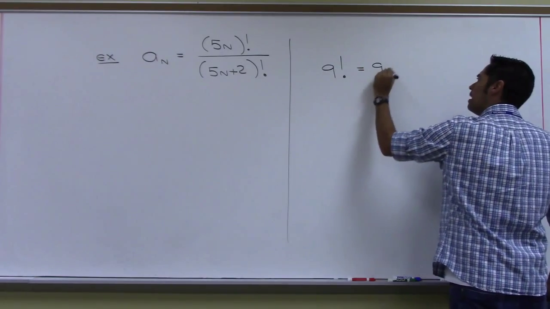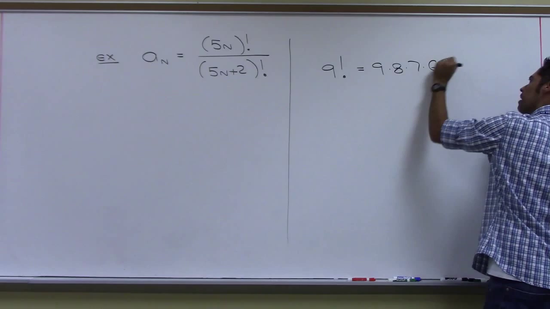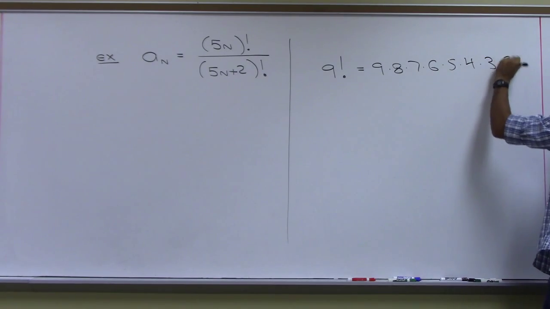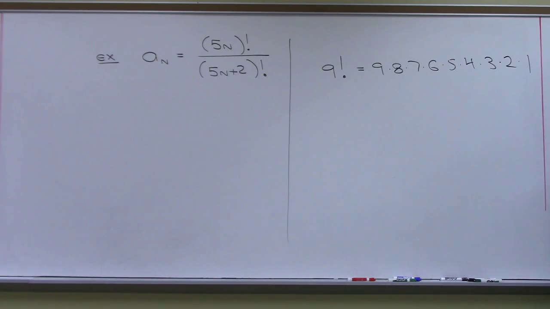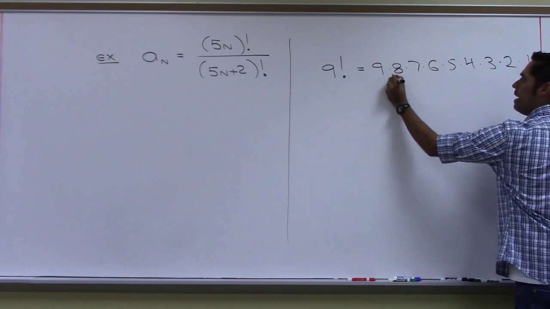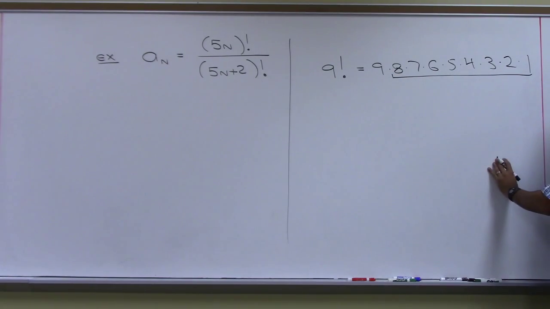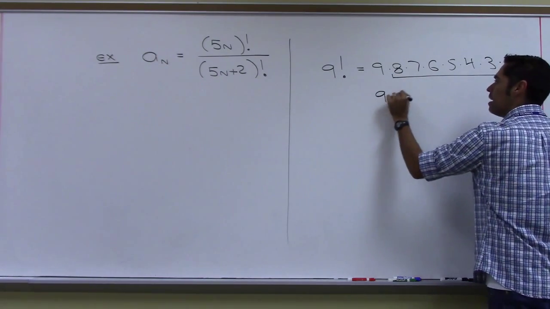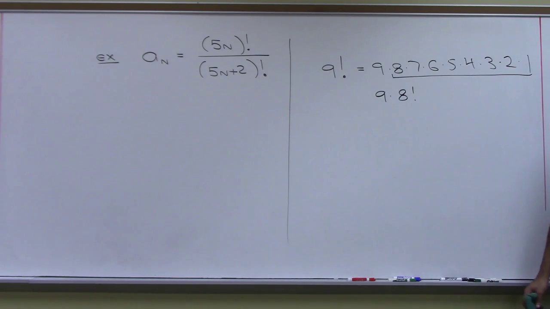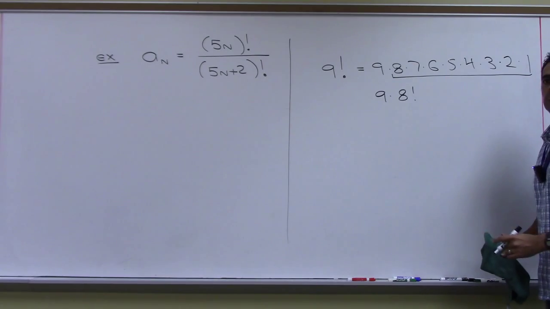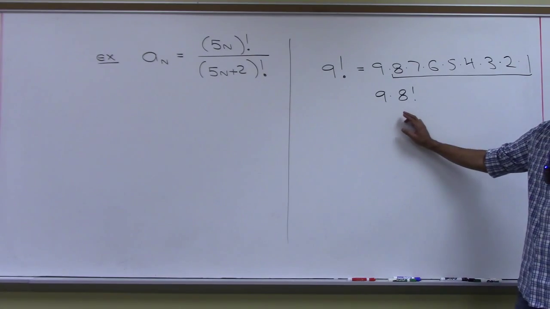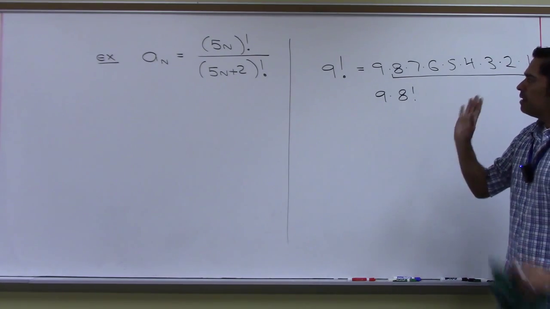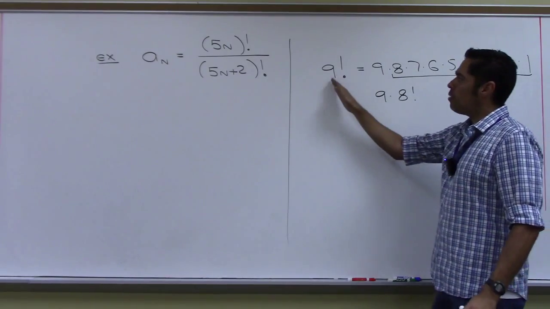Could I write 9 times 8 times 7 times 6 times 5 times 4 times 3 times 2 times 1? Yes, I could do that to write 9 factorial. But 8 all the way down to 1 is really what? 8 factorial. So this is really 9 times 8 factorial. Didn't you say that for the rest of it? And your n is going to be 8. N would be 8 here in that formula. But more importantly, here's what I want you to see. If you start with the factorial,